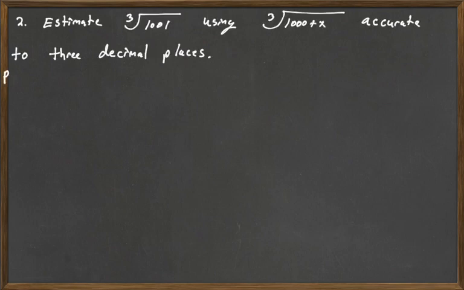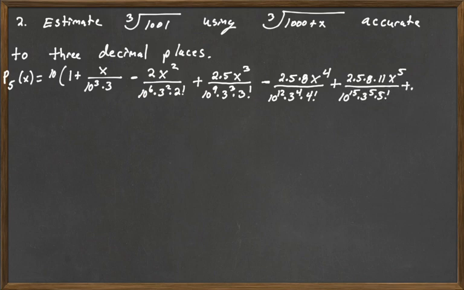So we're going to estimate the cube root of 1001 using that binomial series that we just came up with, and we want to be accurate up to 3 decimal places. So we actually figured out what the 5th degree Taylor polynomial centered at 0 was, or the Maclaurin polynomial, the 5th order. So let's go ahead and rewrite that there, and we're going to go ahead and use this as an estimate for